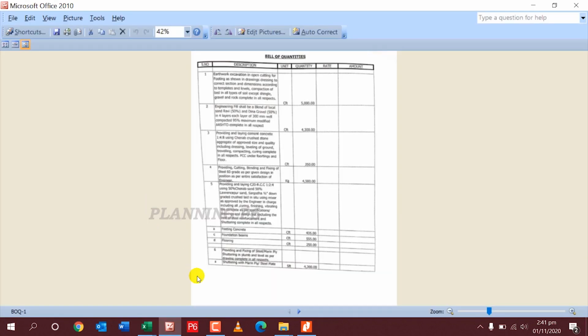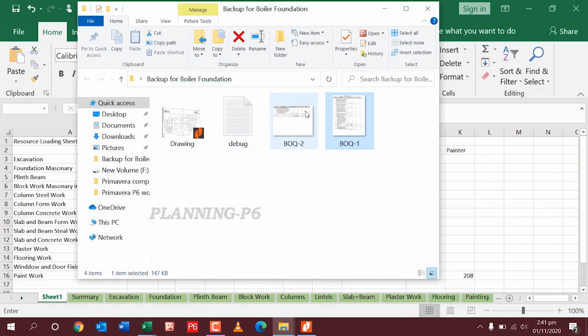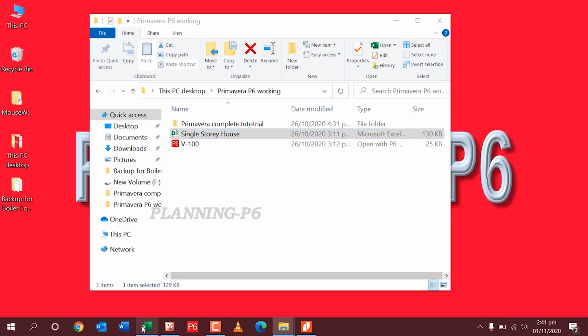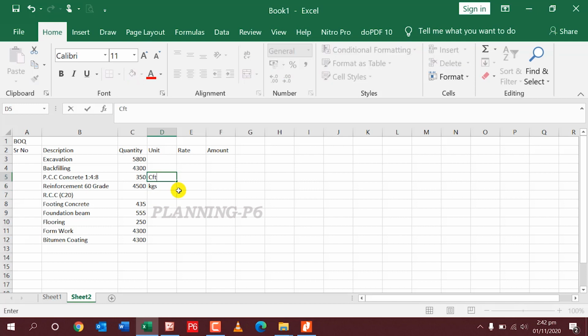Cross check, we will go here. This unit is in kgs, and the other one is CFT, and the last two are SFT.